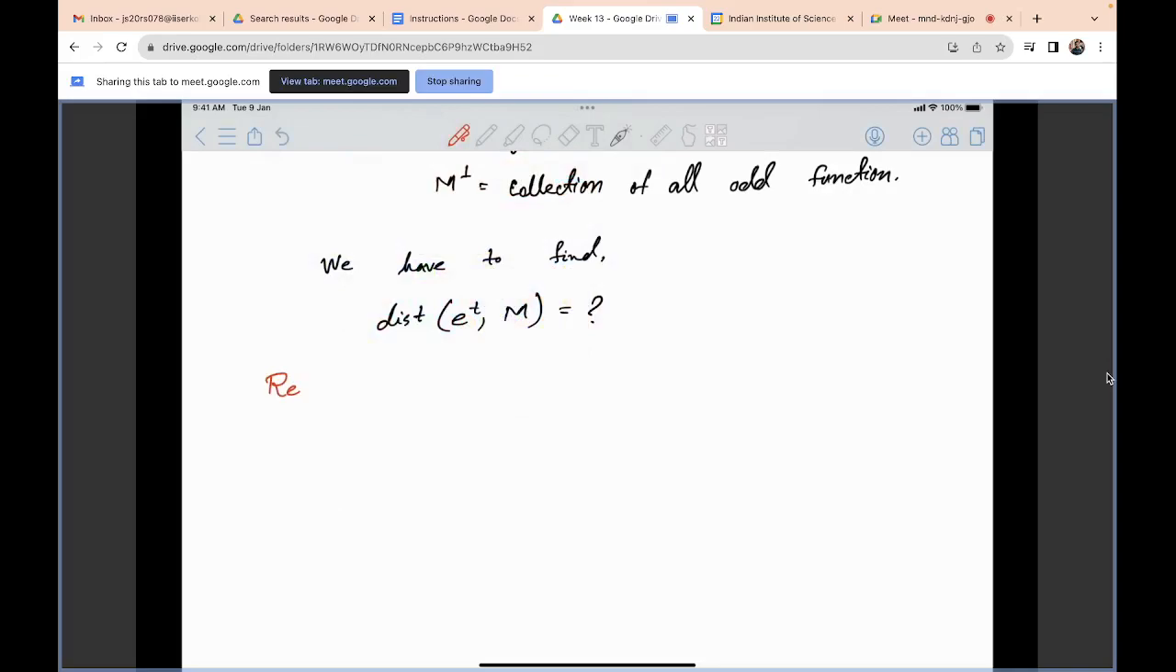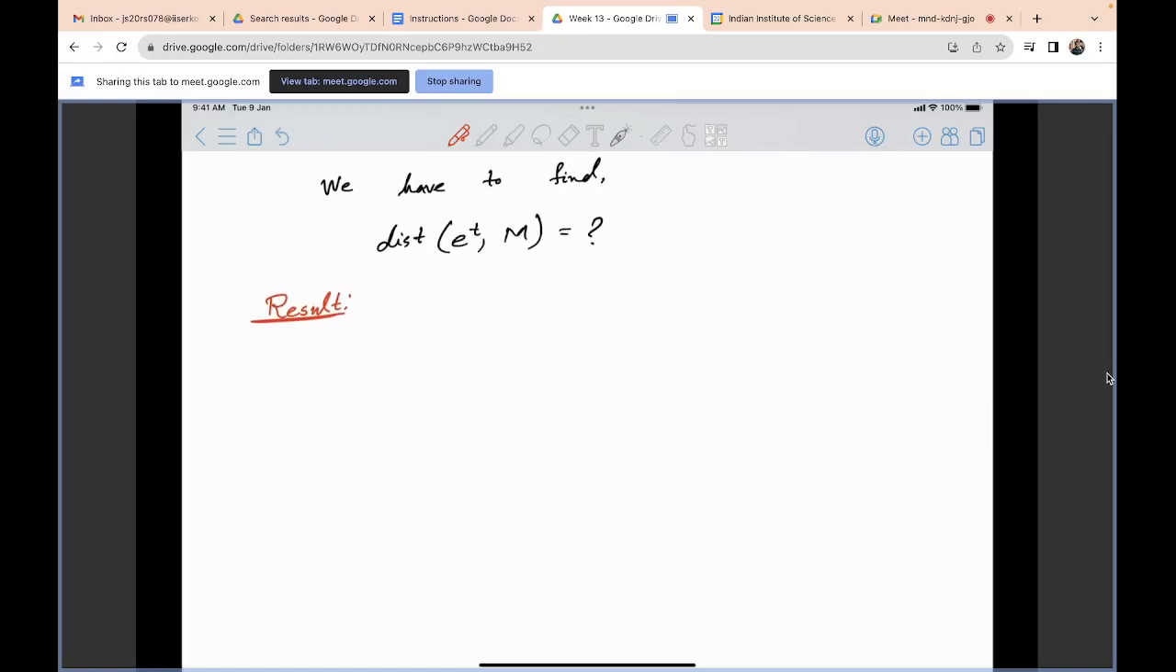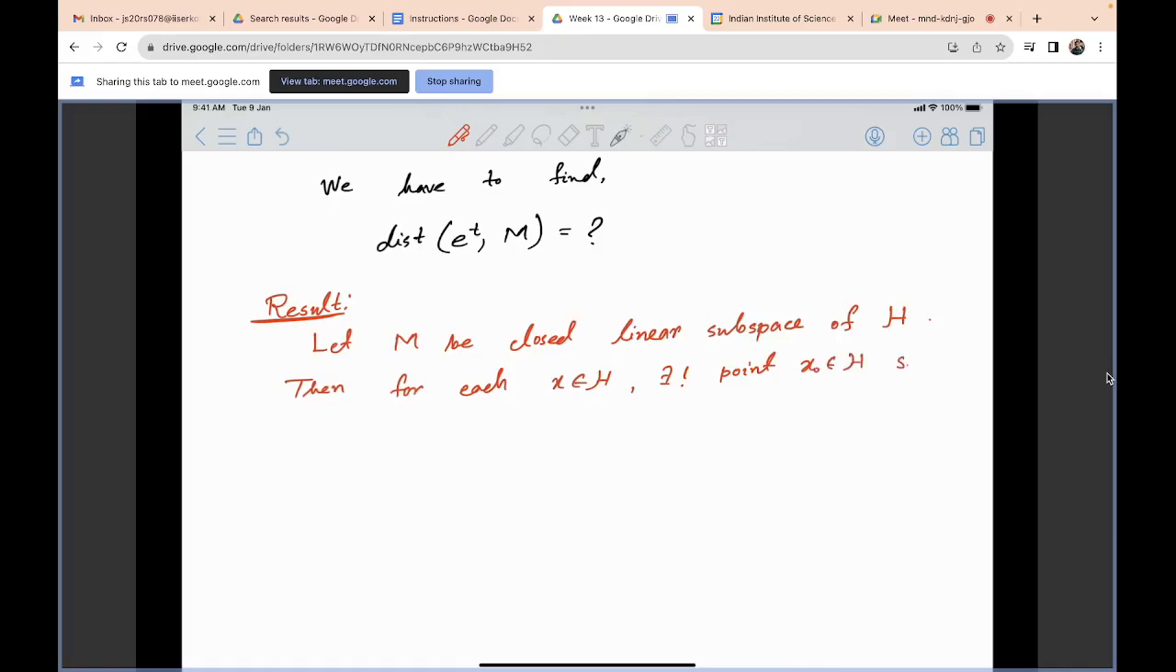In order to find the distance between a point and a subspace, this is a standard result from functional analysis. Let M be a closed linear subspace of a Hilbert space H. Then for each x in H, there exists a unique point x naught in H such that